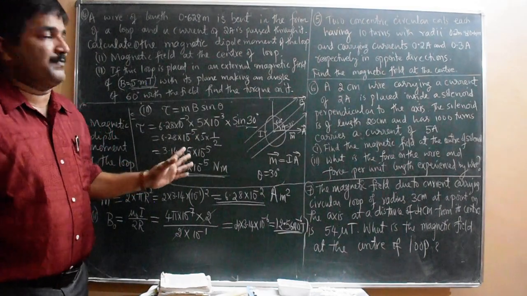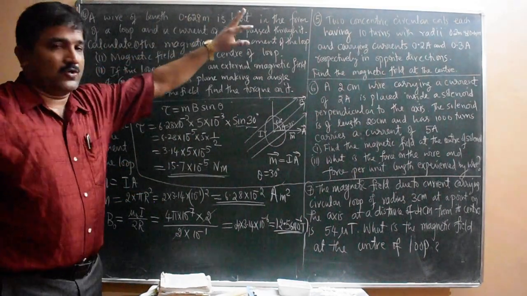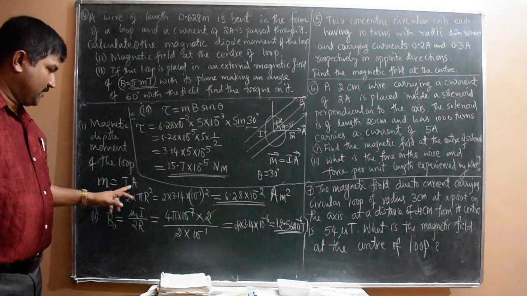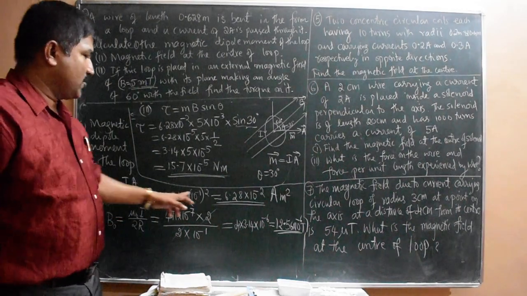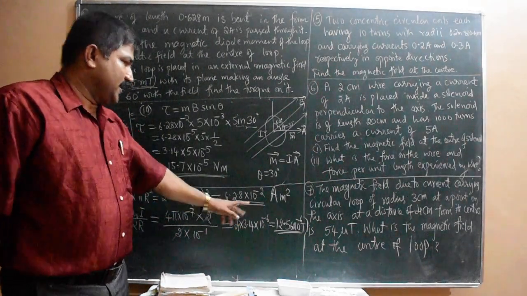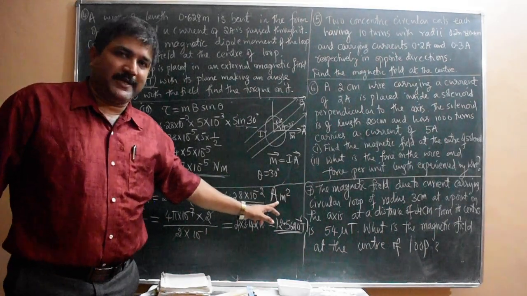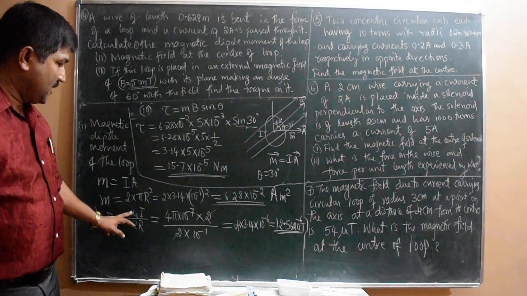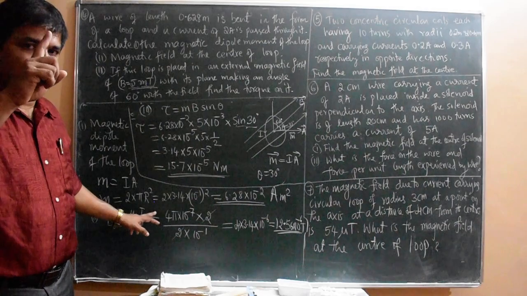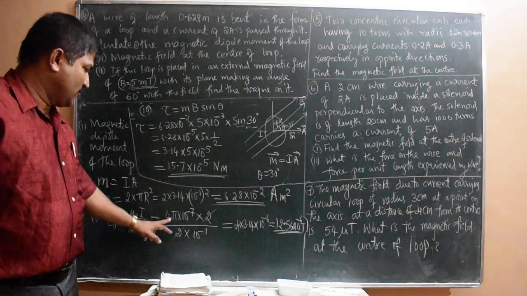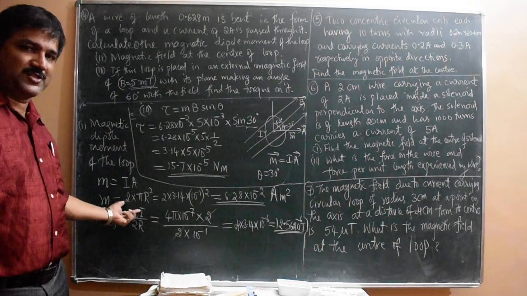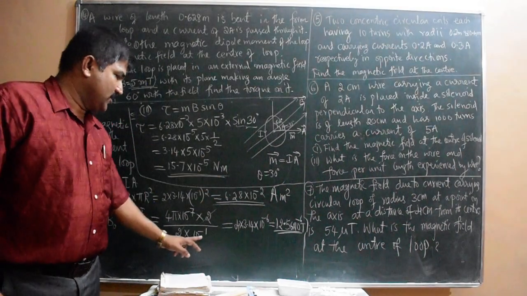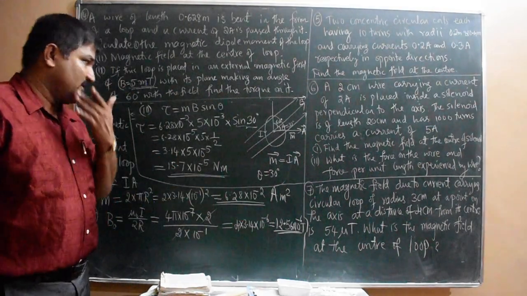So there are three parts in this problem. First part, the length of the loop is equal to the circumference of the loop, the length of the wire. So we get the radius. Then the dipole moment, m equal to Ia, equal to 6.28. The unit of dipole moment is ampere meter square. Then we get the magnetic field at the center of the loop. If it is a coil, mu naught n I by 2r, here n is 1 for a loop. Now mu naught I by 2r, so 4 pi into 10 power minus 7 is the value of mu naught, then I is 2 ampere, divided by 2 into radius. Radius is 0.1 or 10 power minus 1. So finally we get this much magnetic field at the center.